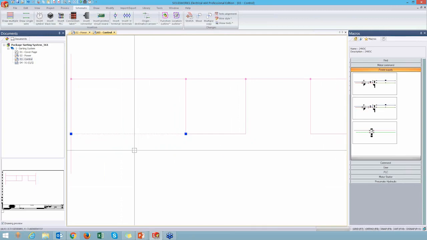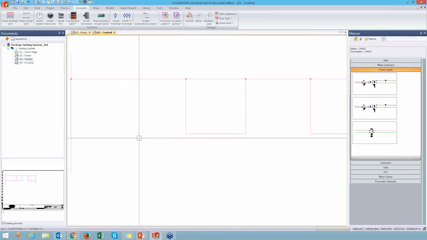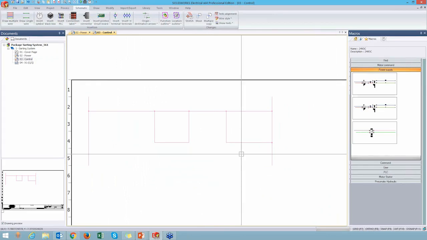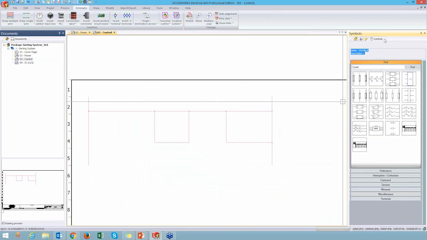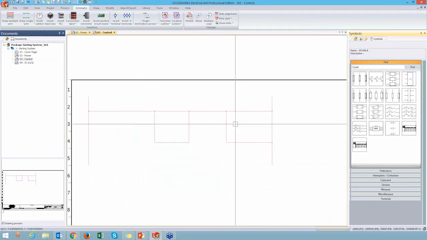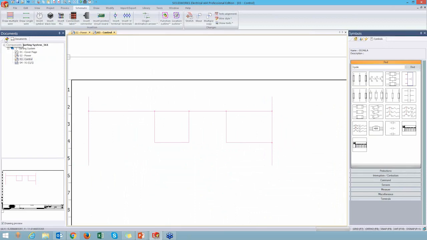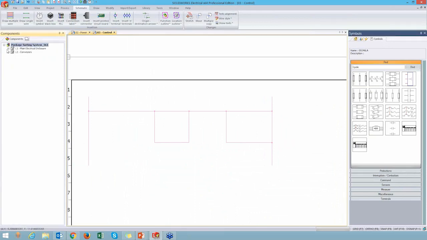So again, now that this is its own wire segment, I can easily delete that and begin filling out the rest of my schematic. Now, in this case, we could go ahead and find all of the symbols that we're looking for and place them. But there's another way to also manage inserting symbols, and that is using our component tree. Our component tree handles by location all of the different parts and symbols that I've been adding to my project